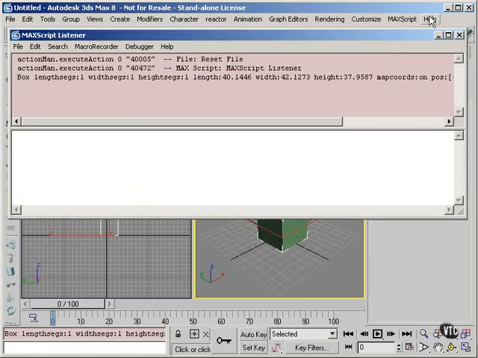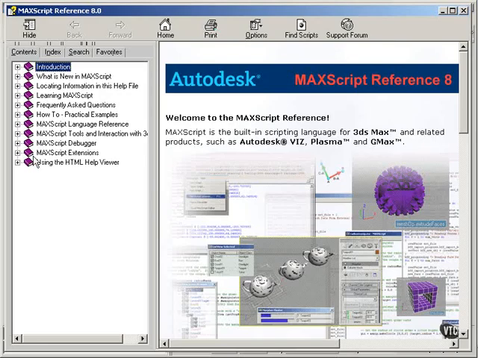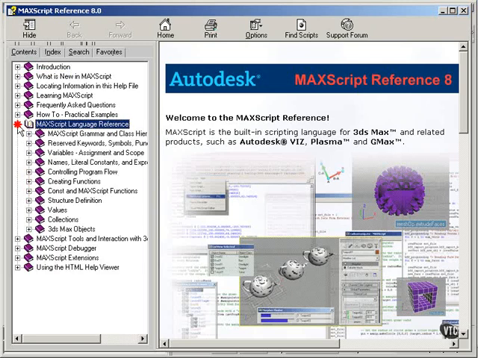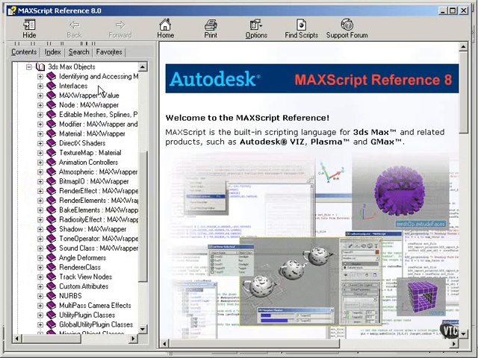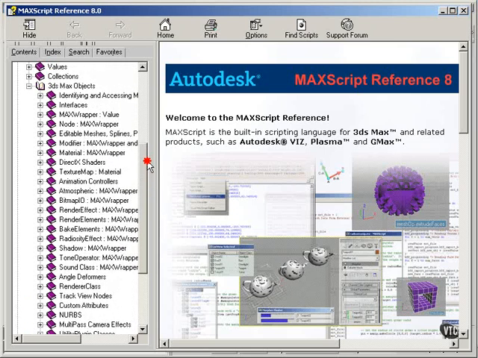I can go to Help and MaxScript Reference. And one thing I can do is just use the table of contents and try to find what I'm looking for. So, for example, start with the MaxScript language reference. Click on the plus sign to expand that part of the tree. And perhaps it's under 3dsmax objects. A lot of different kinds of objects here. None of this just jumps out at me, telling me this is where I can look to find out about